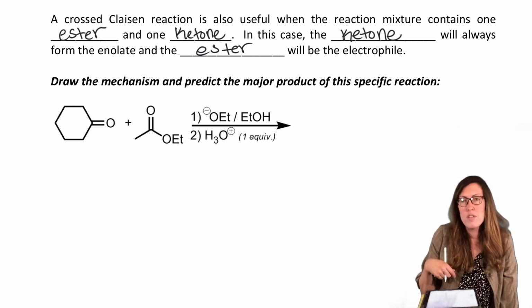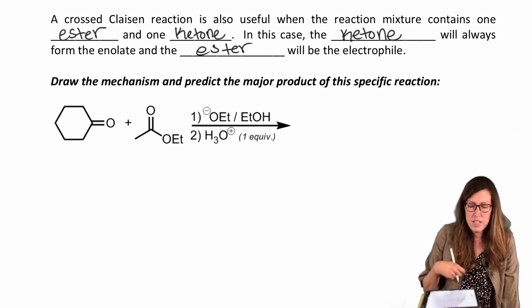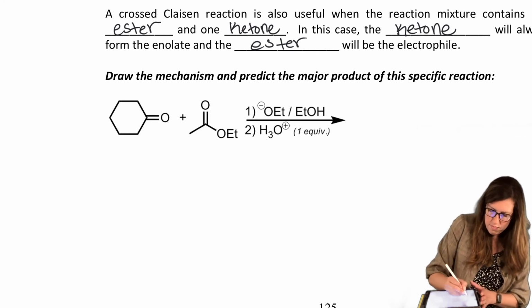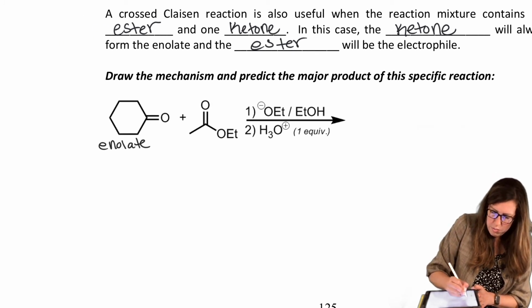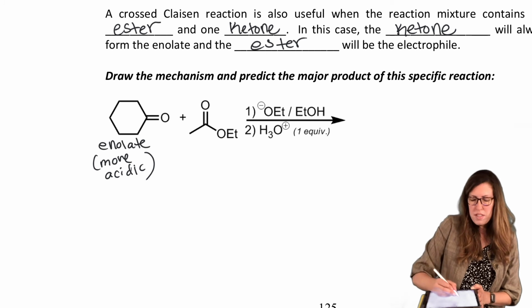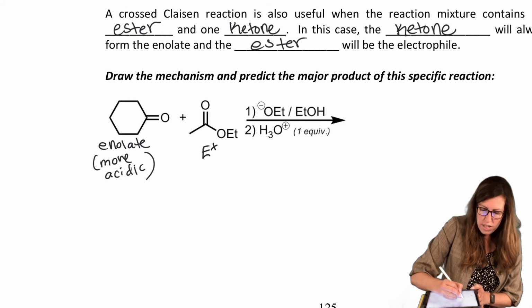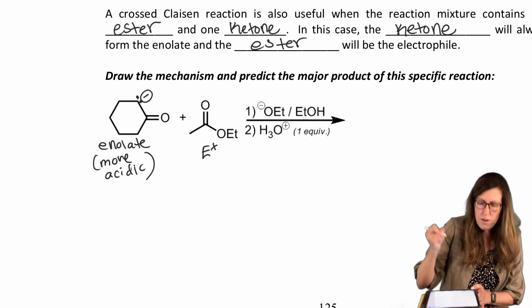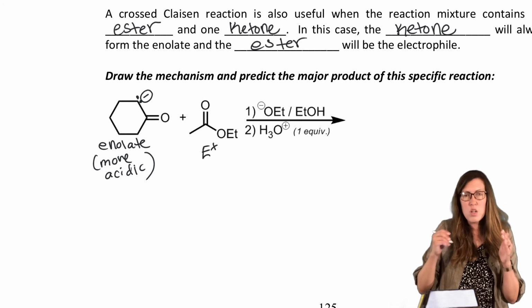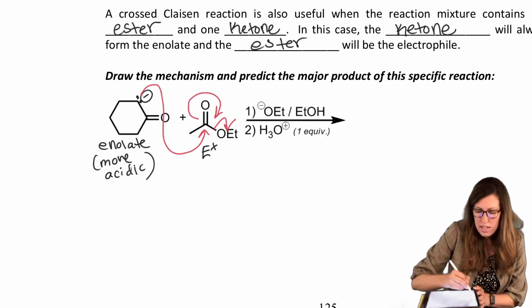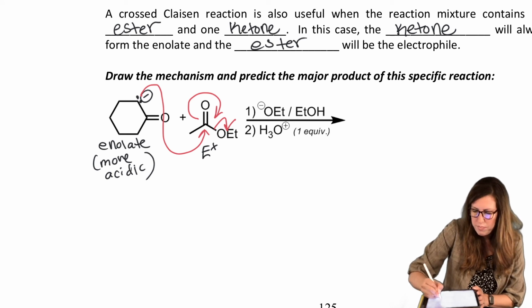So if there's a base around, it's going to prefer to selectively deprotonate the ketone. So we have the ketone, it becomes the enolate. So here's our ketone here because it's more acidic. So that means this has to be our electrophile. So let's draw in our alpha H. Let's go ahead and just beeline for that and visualize the quick mechanism to get us to the product. Attack, open, close, kick, and let's draw the consequence of that.